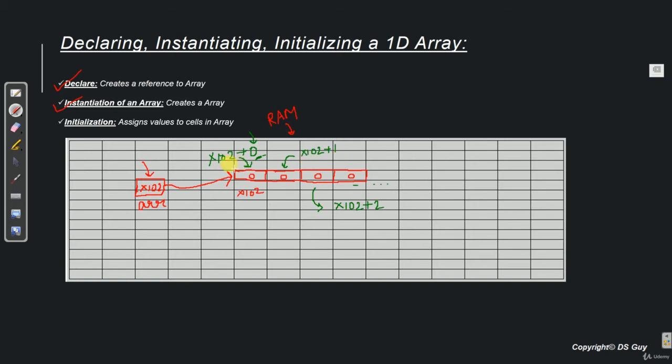That's why the first cell becomes base address plus 0, second cell becomes base address plus 1, third cell becomes base address plus 2, and so on. Now this can be a little tough to understand, so I would highly recommend that you rewind this video and rerun it and try to understand it once again.